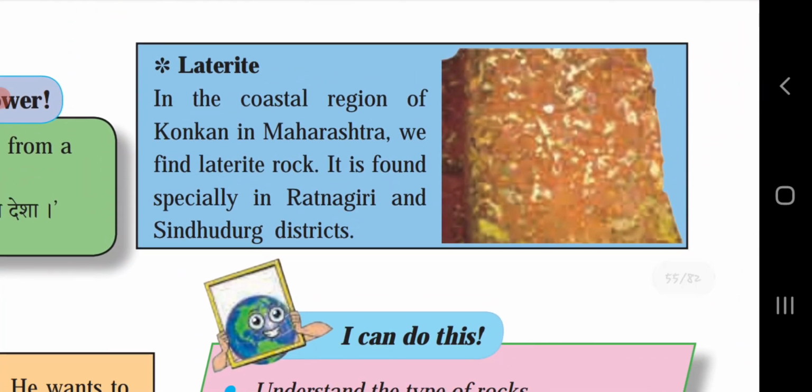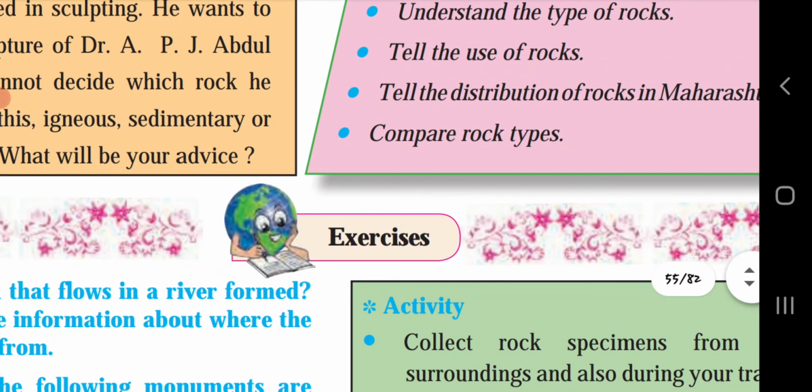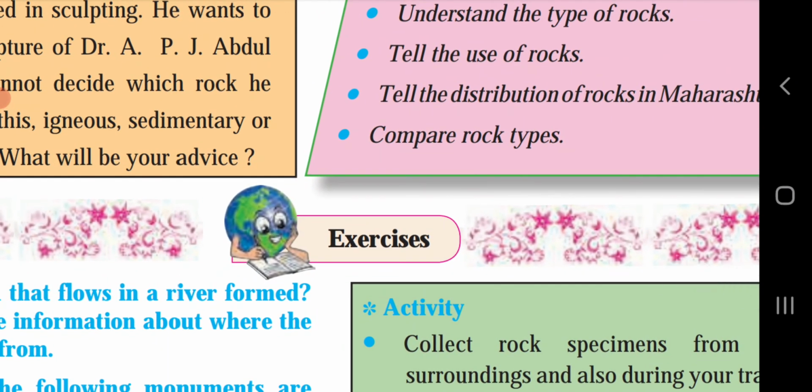Laterite. In the coastal region of Konkan in Maharashtra, we find laterite rock. It is found especially in Ratnagiri and Sindhudurg district. So, in this way, we have completed the rocks and rock types